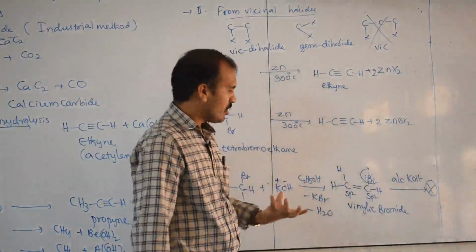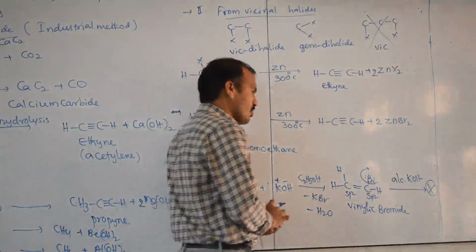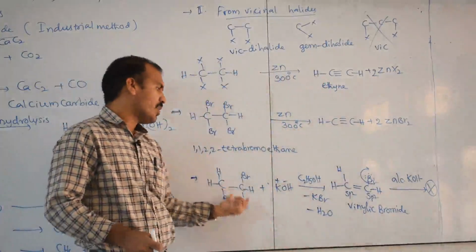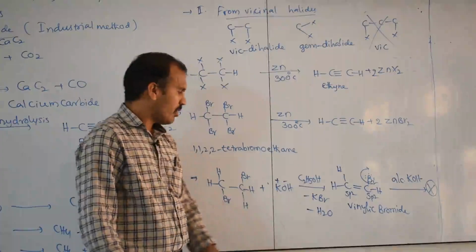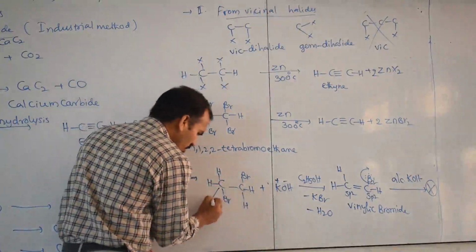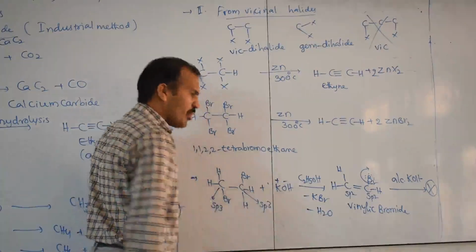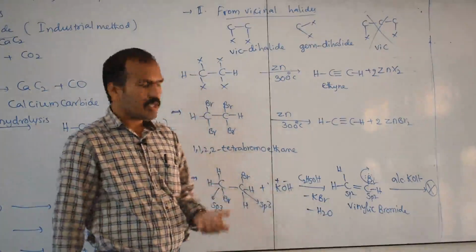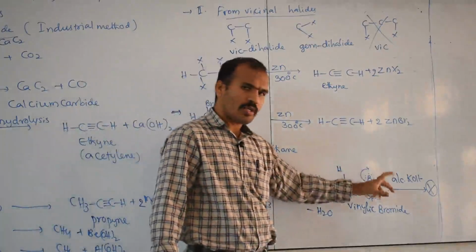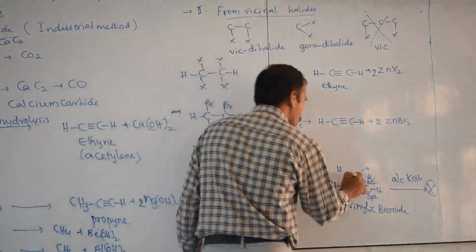Then what do we have to use? A very strong base we have to use. So keep in mind, the first step is okay, it loses and forms an alkene, because here this is bonded to which carbon? For example, this is sp3 hybridized carbon, this is also sp3 hybridized carbon. Here the bond is longer, but here the bond is shorter and does not break easily. Therefore we have to use a strong base.